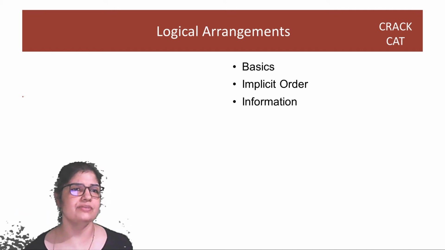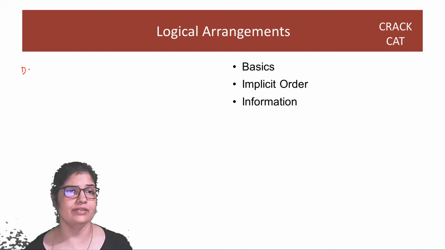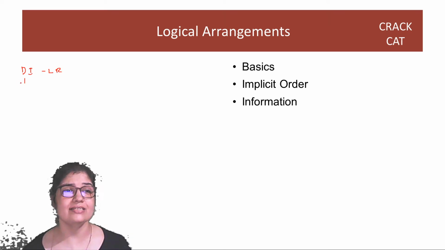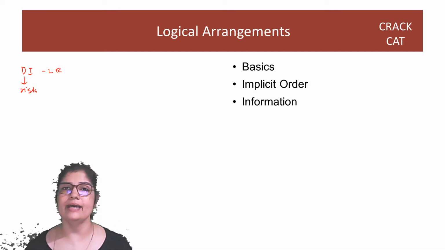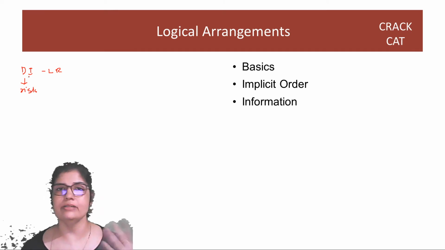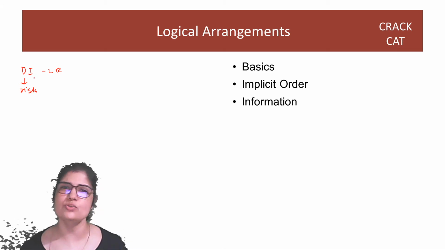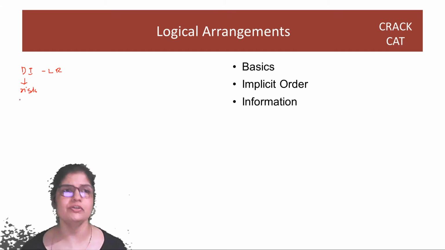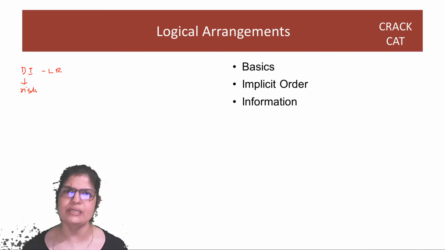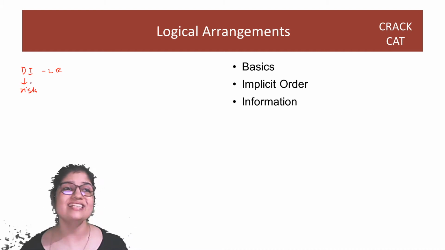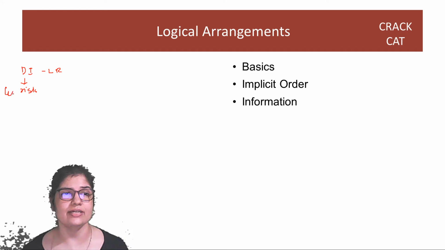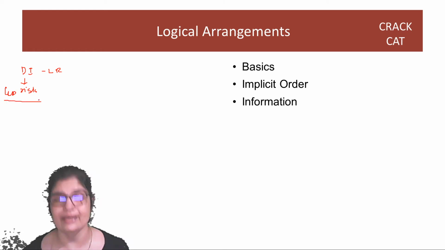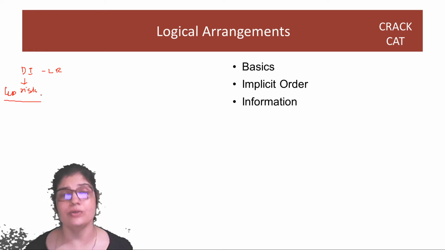The big difference between DI and LR for the CAT is that DI has less investment, less risk. Why? Because usually in DI, understanding the table and the graphs takes less time, and then you're just doing it one question at a time. So if you get a question, great, you solve it, you move on. You don't get a question, great, you leave it and you move on, right? So you have less risk in DI, and that is why you should be very good at DI.